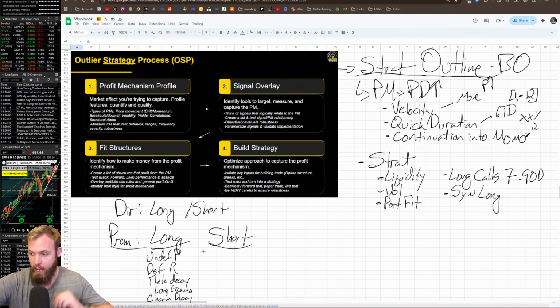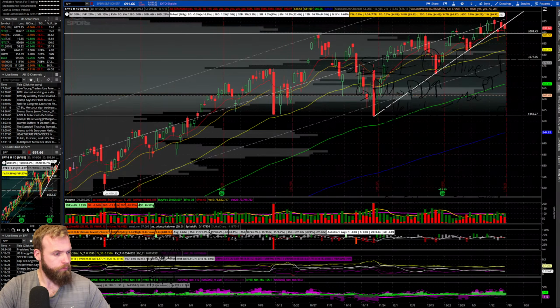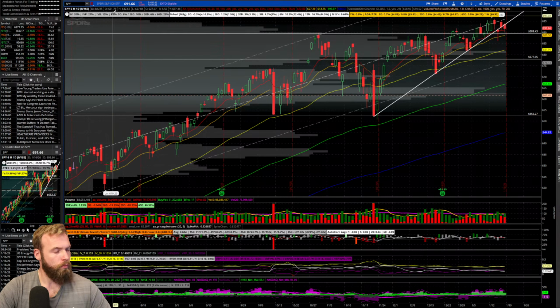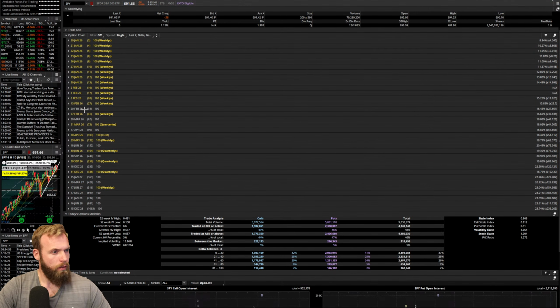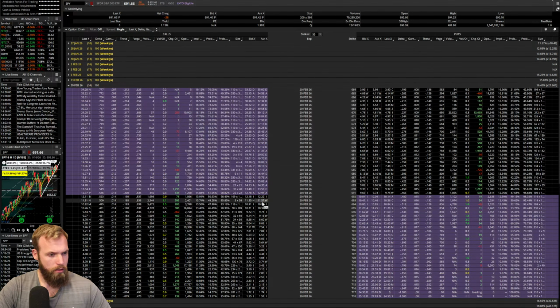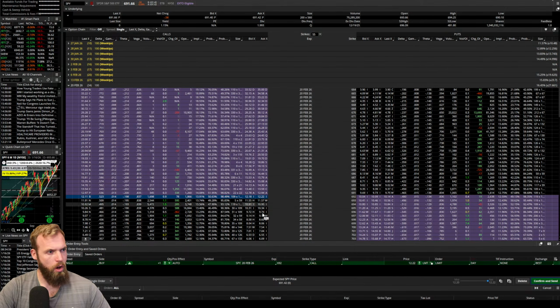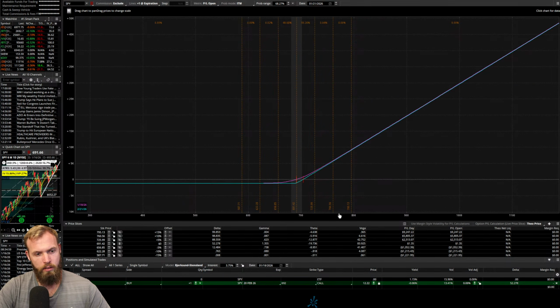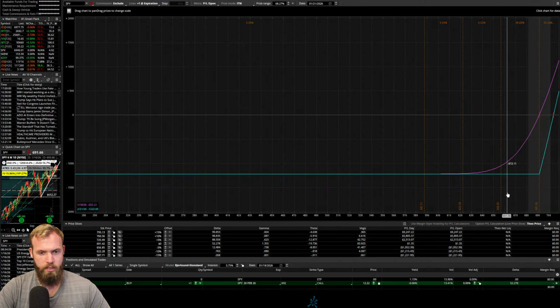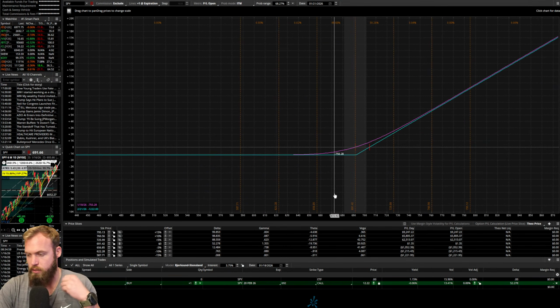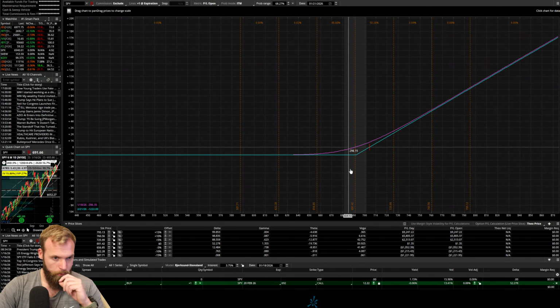Reese says not holding to expiry. That's actually a big one. That's a really big one. That's absolutely part of it. If we look at buying this call that's 34 days and we plot it based on current prices, exactly to Reese's point, if we don't hold this to expiration,